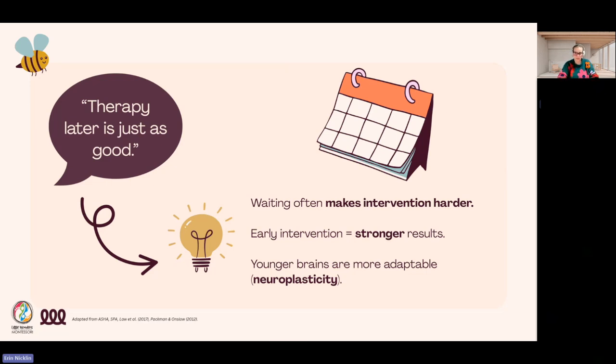I've heard this one recently with some new families that have popped in, that they held off because it was their understanding that later could be just as good. However, one of the biggest myths is this. The opposite is true. So evidence, again, is really clear. Early intervention really matters. Children's brains are most adaptable in the early years, so that 0 to 5 year range. We call that neuroplasticity. And research consistently shows that early intervention leads to stronger outcomes, faster progress, and prevents difficulties from snowballing, so getting bigger as they're getting older. Waiting often means therapy takes longer and it becomes more complex.